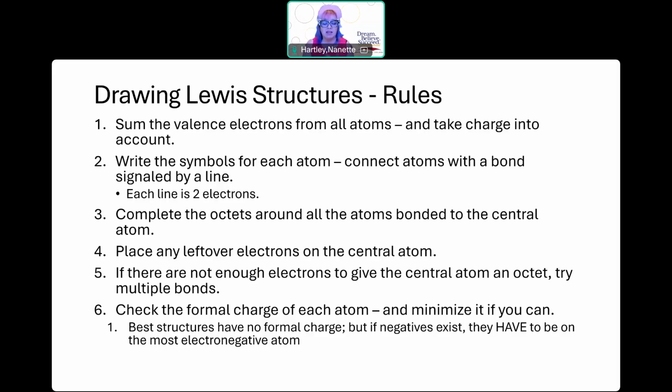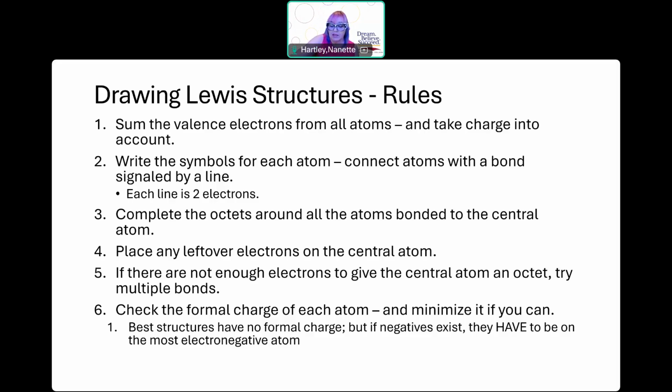Okay. And now I need to look at the very end of that. I need to calculate a formal charge for everything in that molecule. So every single atom that's in there, the center, all the guys on the outside, we need to calculate a formal charge for them. And a formal charge is described